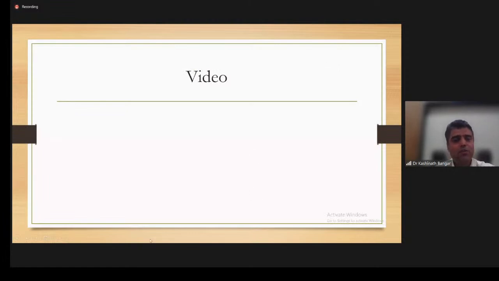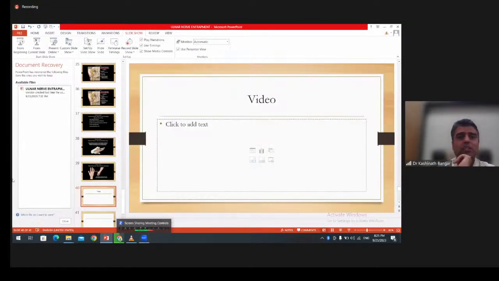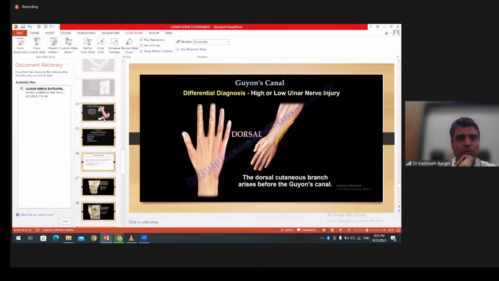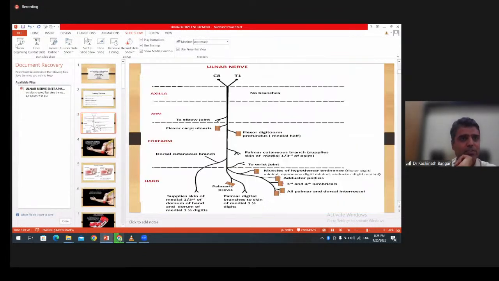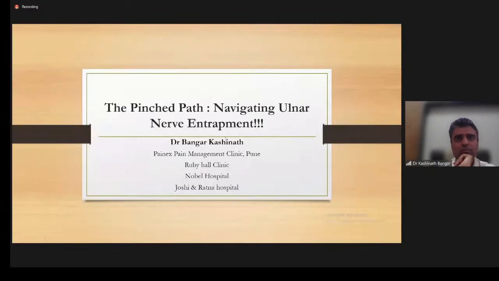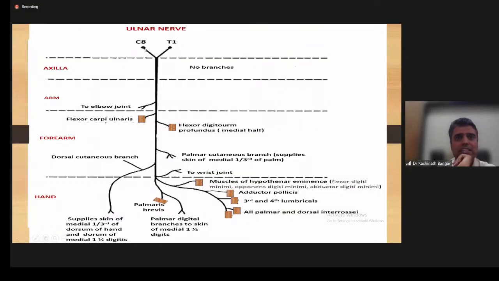Now we'll see a few videos. We'll just revise the anatomy once. C8-T1 is the root value. In the axilla, there are no branches. It will be just medial to the brachial artery. At the elbow, it will give branches to the elbow joint. Into the FCU, it will enter the